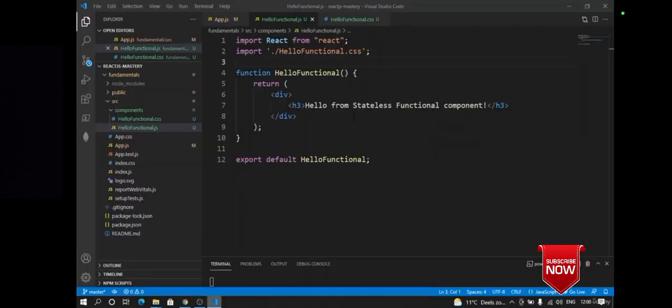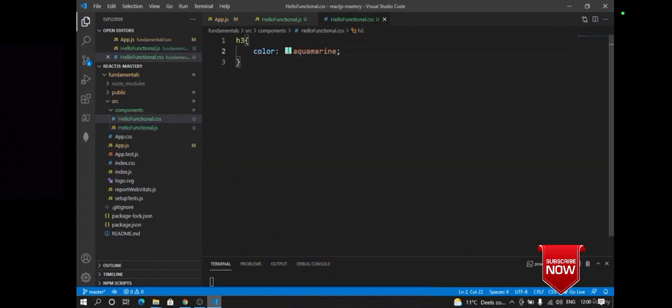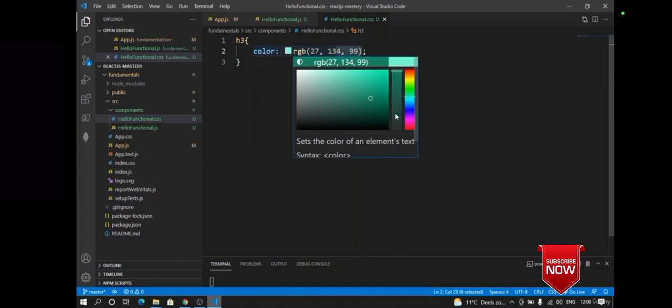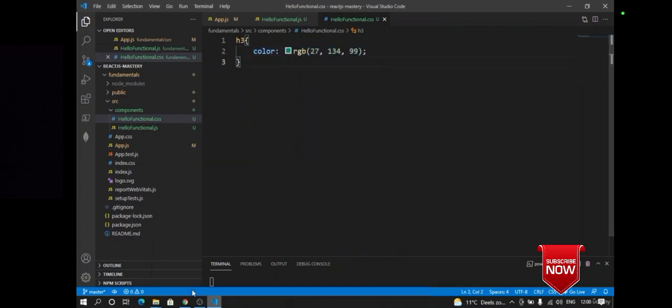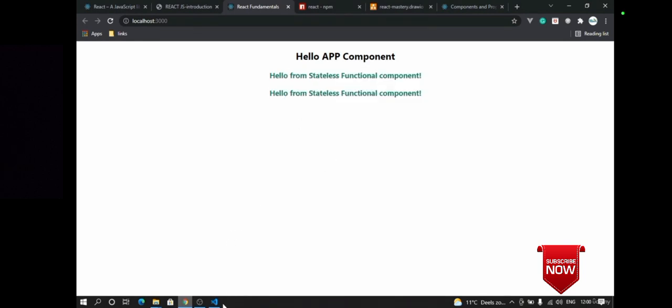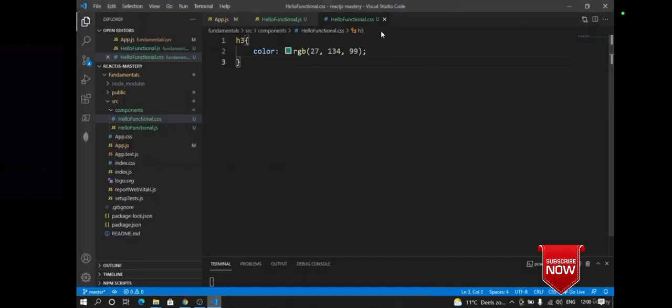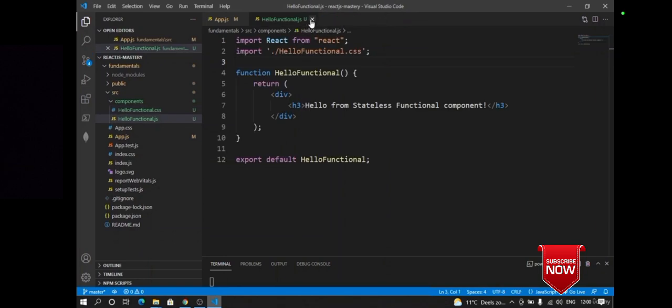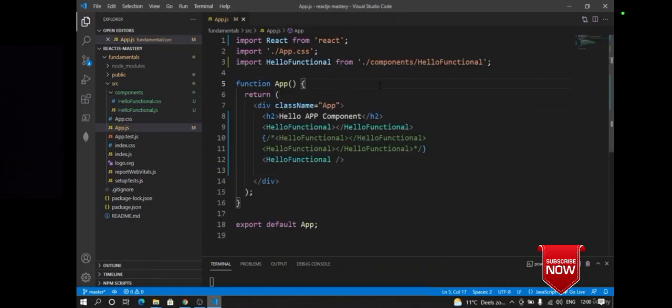You can see the styling. So this styling is only going to impact this component because it is scoped inside this. So if I change this value, I can see a different styling. So this is how we can also create style classes for our component. So this was about the functional component. So in the next video, we will look at the